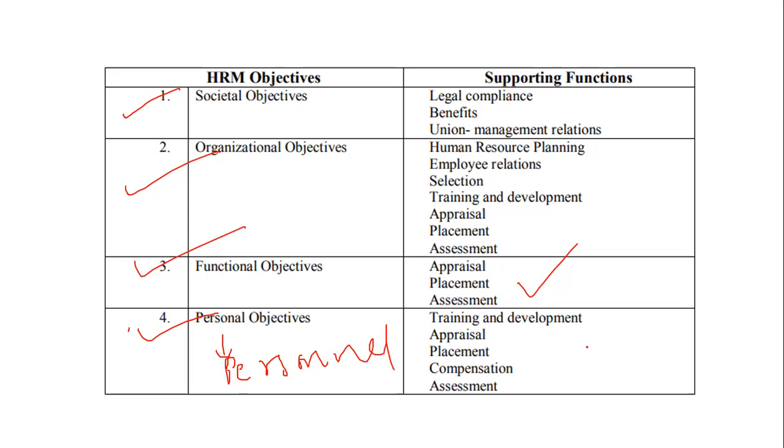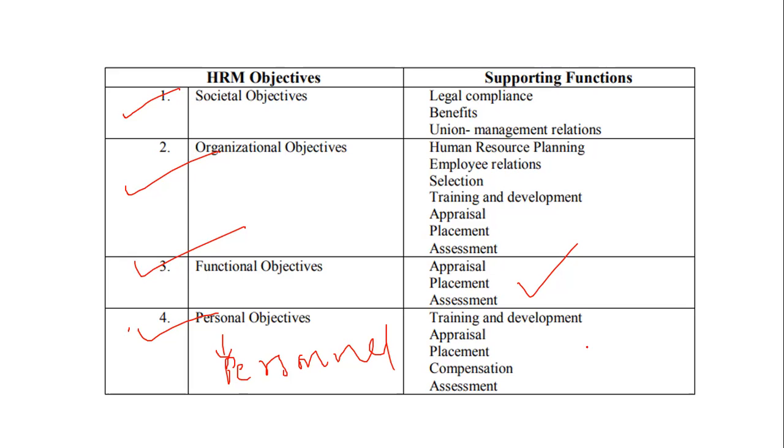Then you have the organizational objective. So yes, the organization has to also look from the planning aspect. It also has to look at the relations of an employee. It takes into consideration the selection, the development, training, appraisal. That is, till what amount, till what budget, who should be considered for training, who should be considered for development. So all these aspects come under your organizational objectives. And then we have the societal objective.